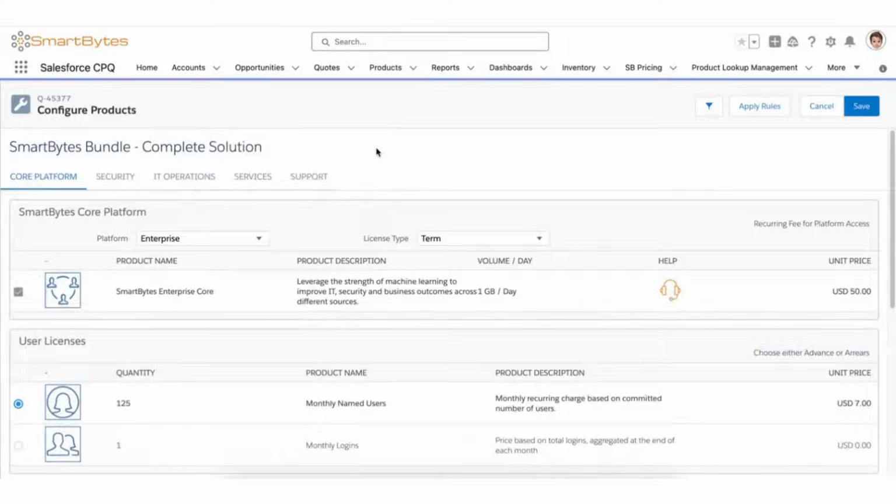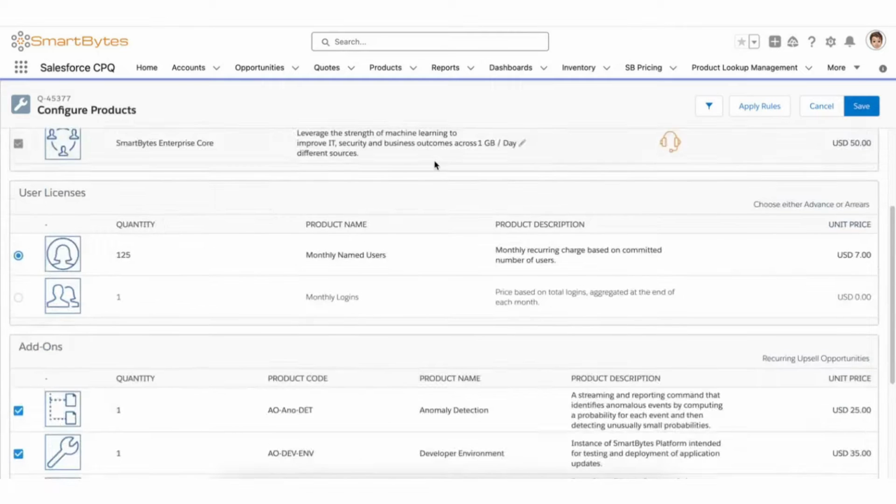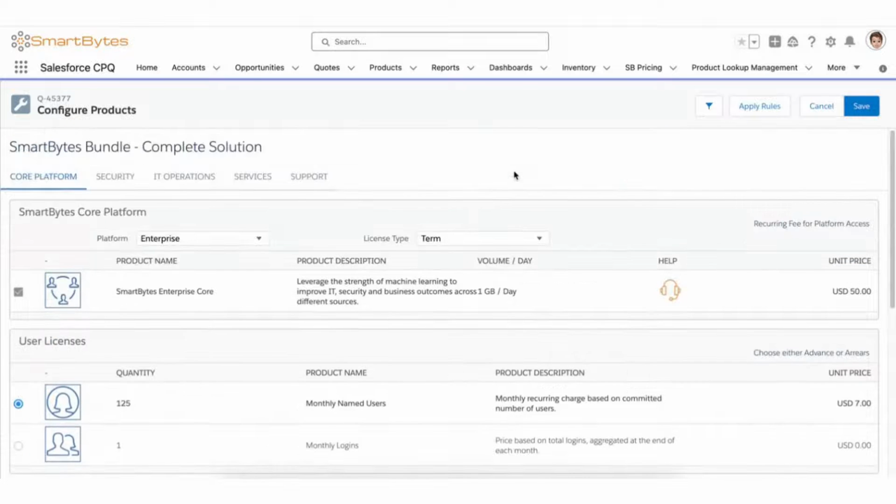So I don't have to go in and select one product and look at a knowledge article or rely on my intuition to see what other products go together. We're able to have all of this right here in one place. But furthermore, we can set logic up as well. So we can have things like